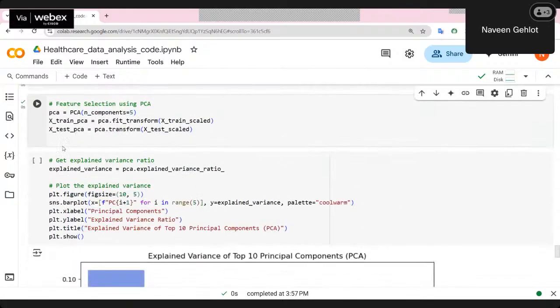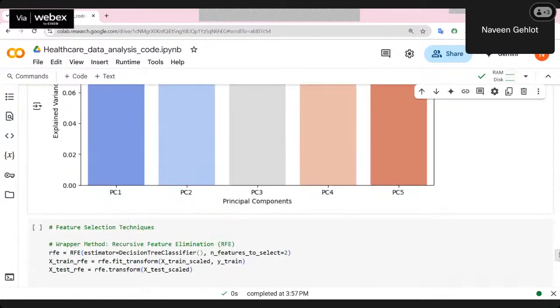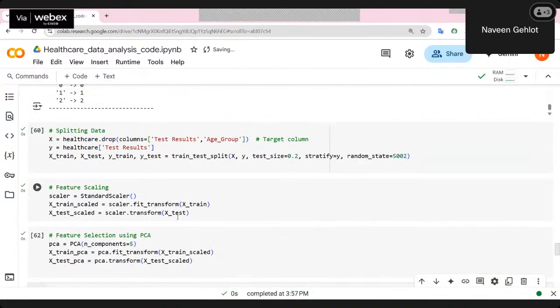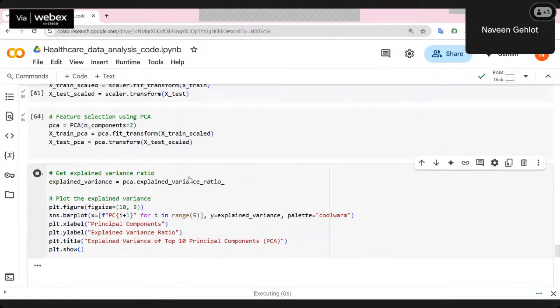and after this PCA, you can visualize whether there is a good amount of variance or not. You can visualize how it's all relating. If you go for more than this, or change it here, like in case of 5 you go for 2, you can visualize that